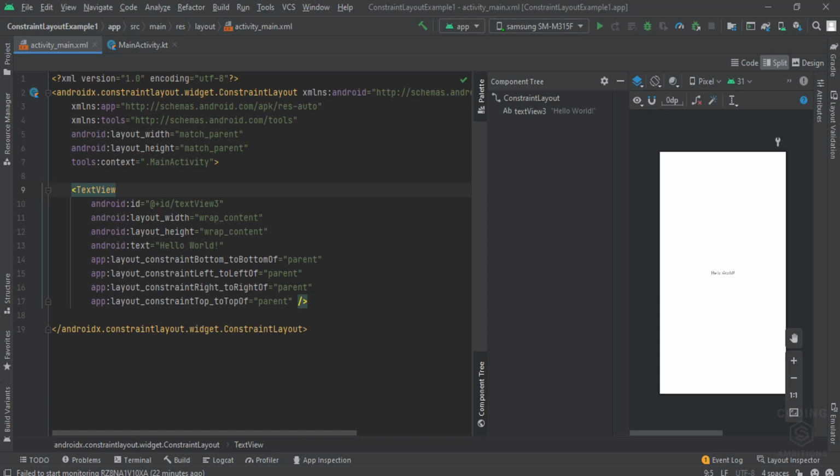Android layouts. So today we will cover this topic, and before that